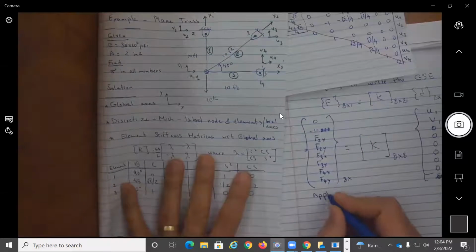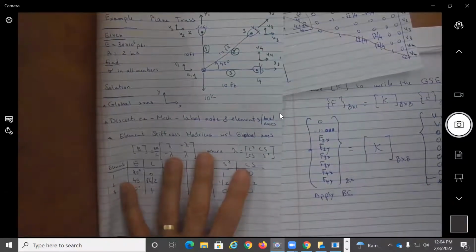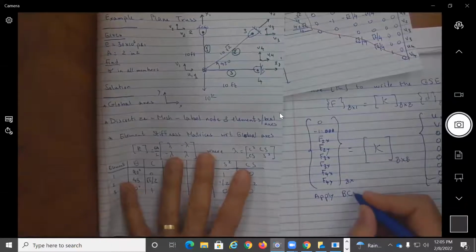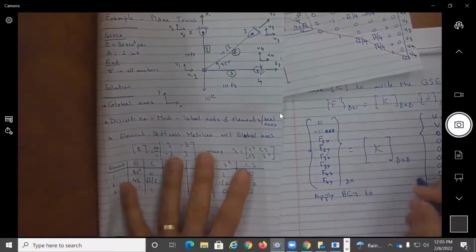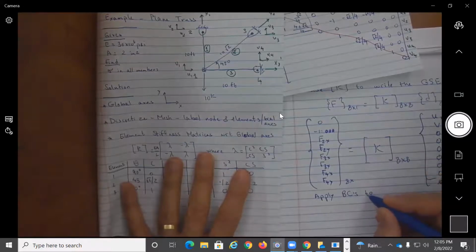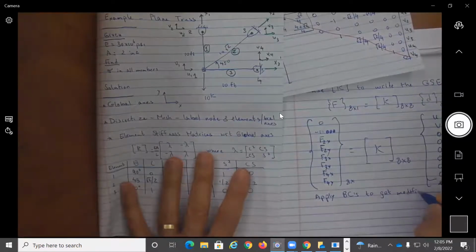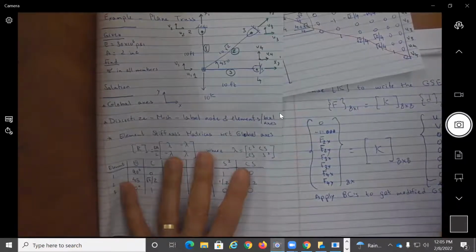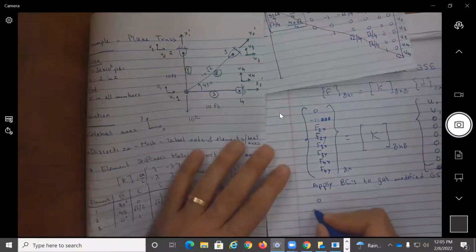So apply the boundary conditions to get the modified global stiffness equations. So now I'm looking at a 0 and a minus 10,000